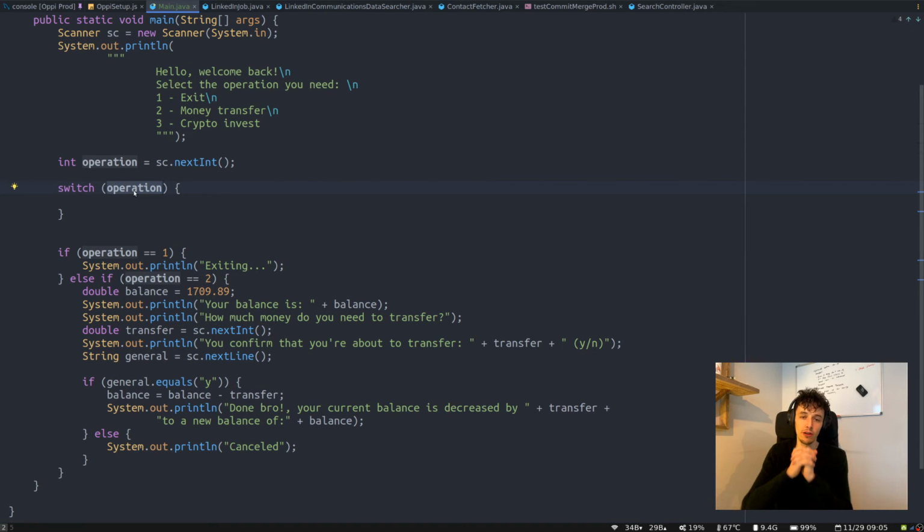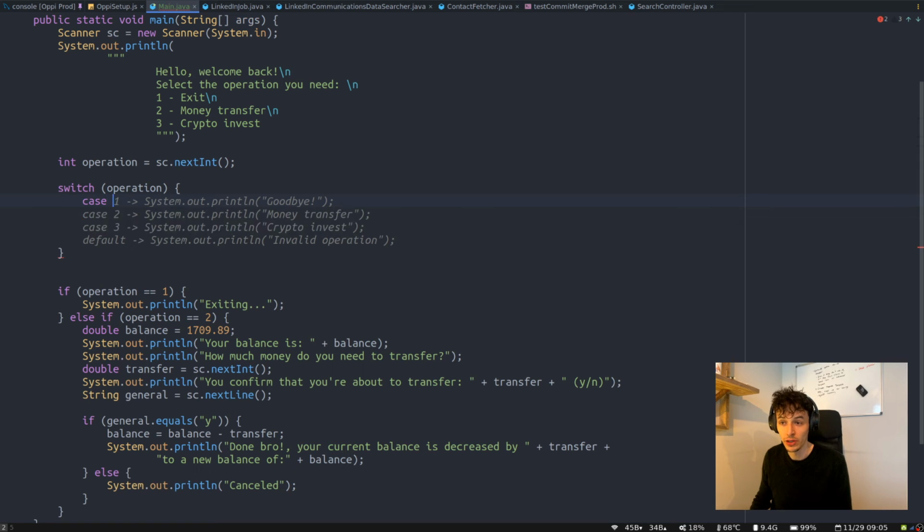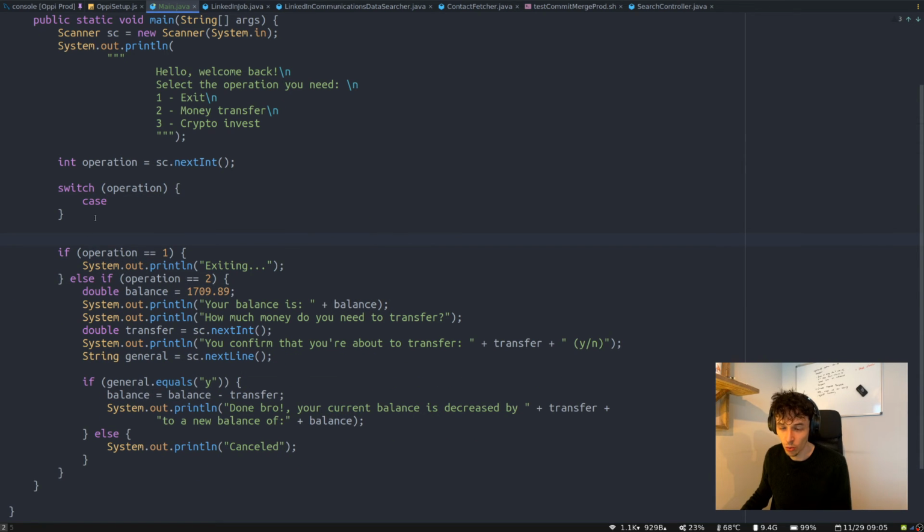When we've got these very formulaic if statements that use the same idea, we can use a switch statement, which does the same thing, where we just go case and then the number. So we can do case 1. We're basically saying switch this number, and if it's the case that it's 1,